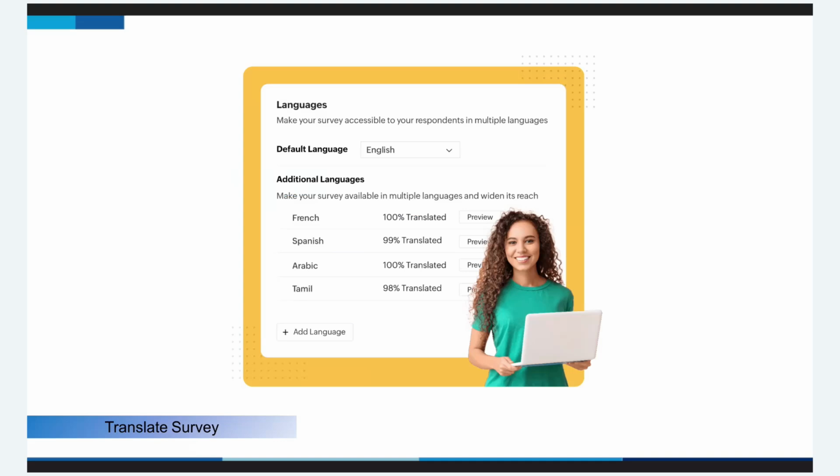Another, translate survey in Zoho Survey enables you to reach a wider audience by offering your survey in multiple languages. So once you've created your surveys, you can easily add translations for each question and message. So Zoho Survey supports over 70 languages, and you can manually enter translations or use Zoho's built-in translation tool to get started quickly. So when shared, respondents will see the survey in their preferred language based on their browser settings